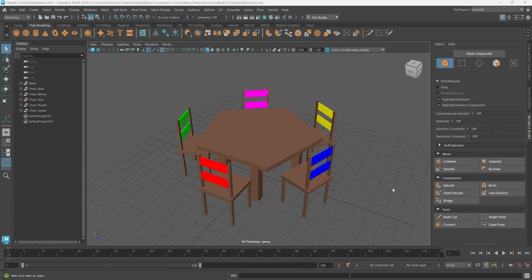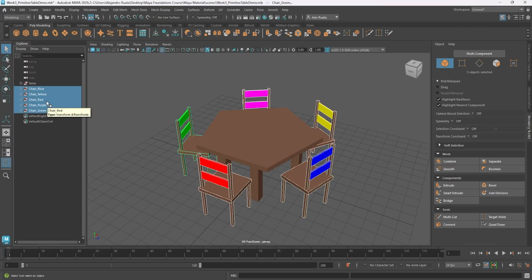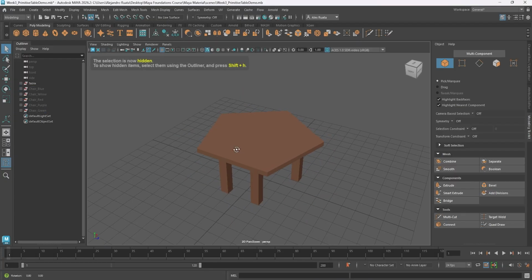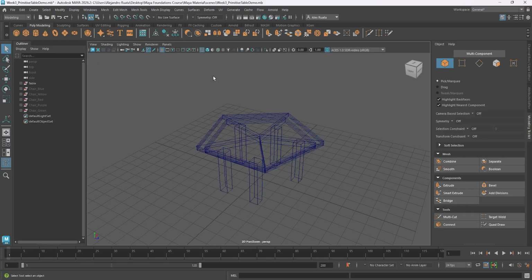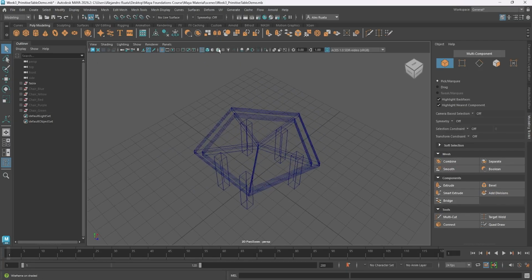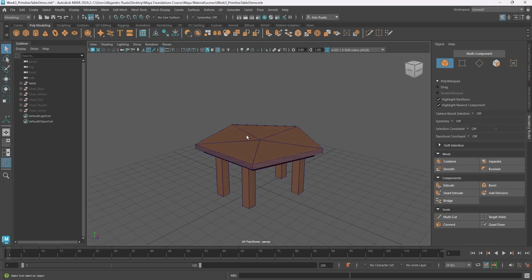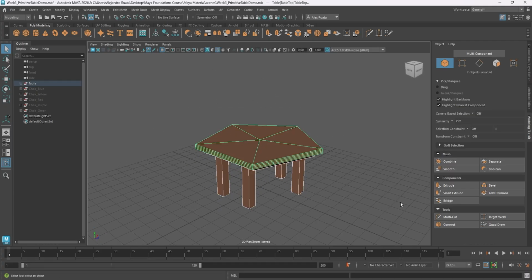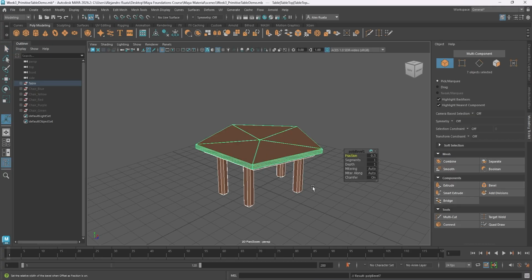A second quick note about beveling. I've gone back to the table and chair scene from week 3. I'm going to go ahead and hide the chairs real quick. My second note is related to the complexity of certain geometry. You don't want to just select entire objects and bevel if they have more complicated geometry, like so, because that's